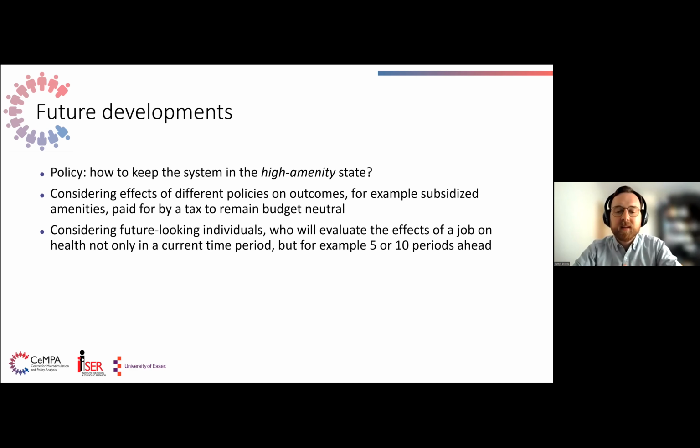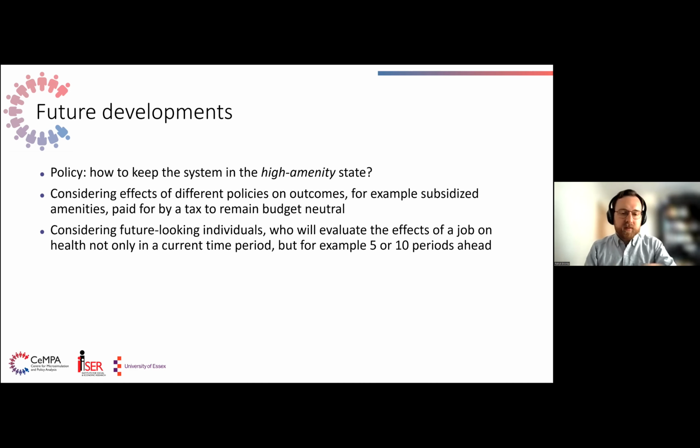So what we refer to as amenities in this model is any non-monetary characteristic of a job that a firm can provide. And there can be different examples. So you could think about something like gym being provided on site or flexible leave. But I think a very good example that actually came up in the presentation in Glasgow was of health insurance. For example, if you think about the US market, you might have a job that provides very good health insurance that you rely on, but it might be that you are somehow stuck in this job, even if it pays lower wages than what you could get in the market because of your reliance on that amenity. And then maybe your choice between wages and amenities is somehow constrained, and this leads to sorting between different types of employers and employees that rely